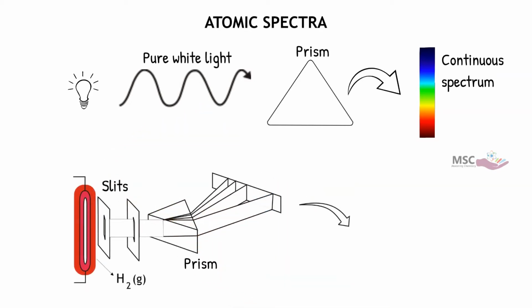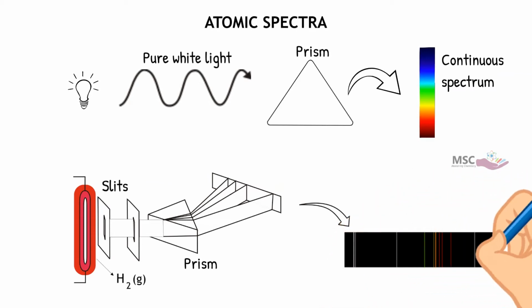If you pass current through hydrogen gas in a tube at low pressure, light is emitted from the tube. When this emitted light is passed through a prism, only a few narrow lines are seen. This is a line spectrum. Here there are some missing parts in the spectrum. The light emitted by hydrogen is red because of its four characteristic lines. The most intense line in its spectrum is in the red portion of the visible spectrum.